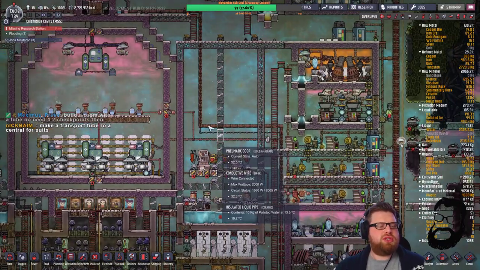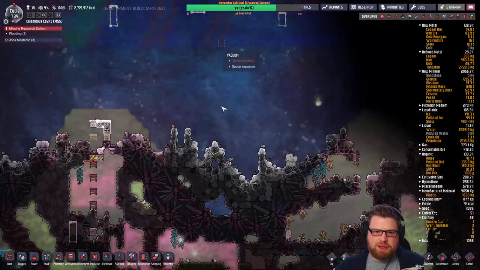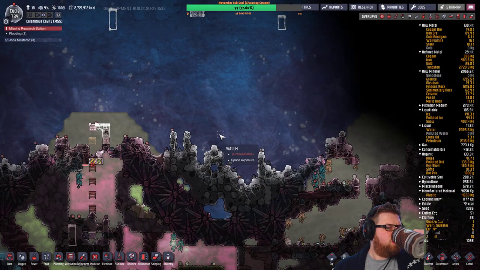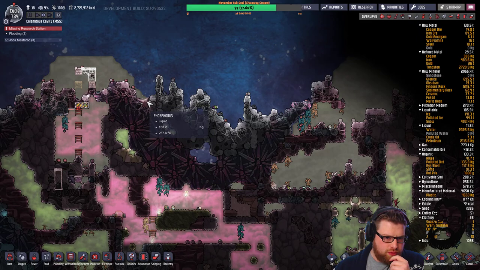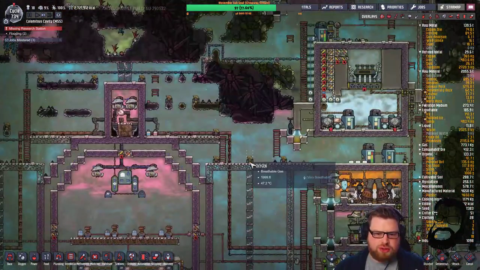Make a transport tube to a central for suits. That's what I was thinking. I was thinking of making this building up here sort of isolated and only accessible via tube. There's liquid phosphorus up here. But it's how I want to do the access for...